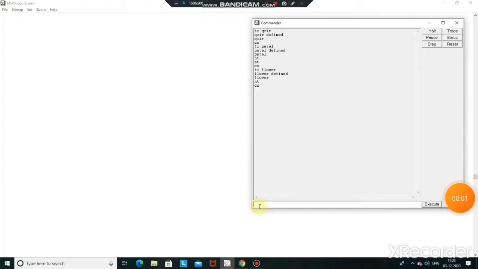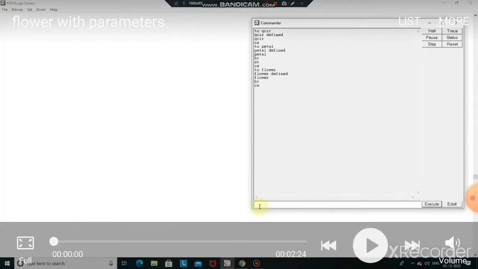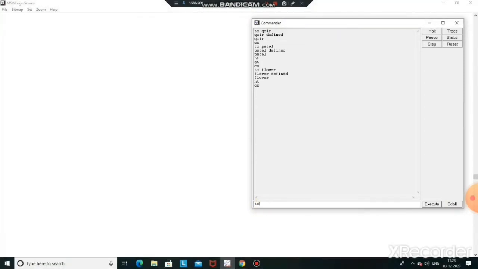So now we are going to see how to create a flower with any number of sides. Okay children, so for that first I'm going to create a procedure, to flower 2.